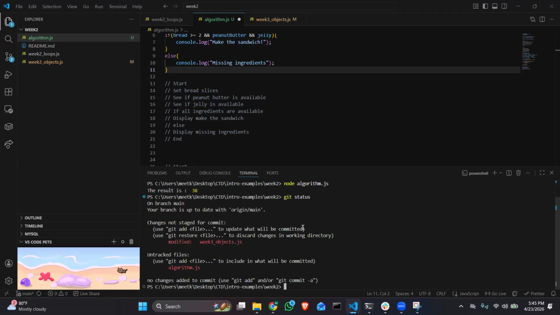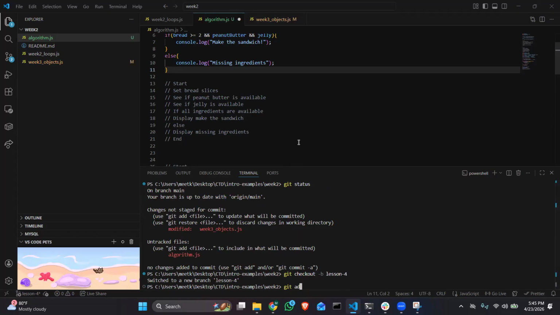And then you can see that there have been some changes that are not staged. But in order to avoid adding those changes directly into main, a good practice should always be to create a new branch. And so let's say this branch is lesson 4,